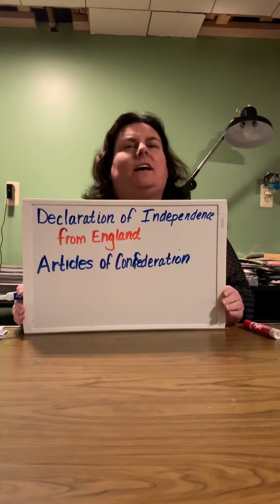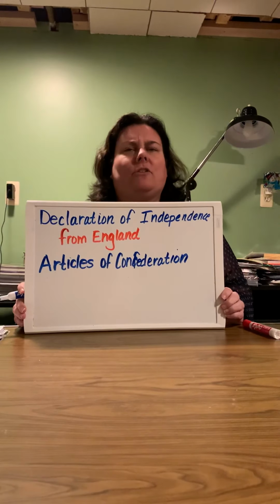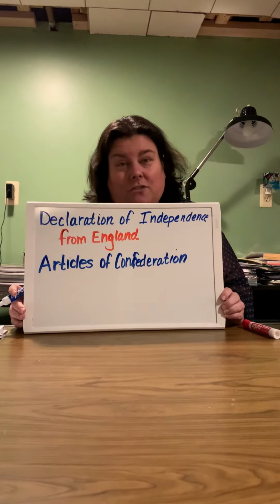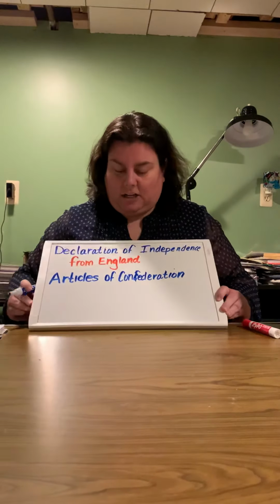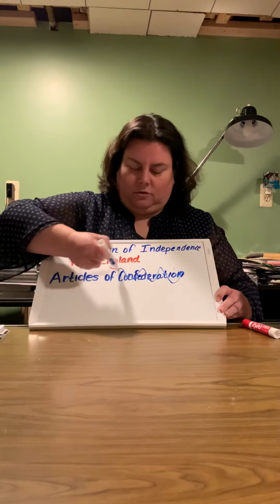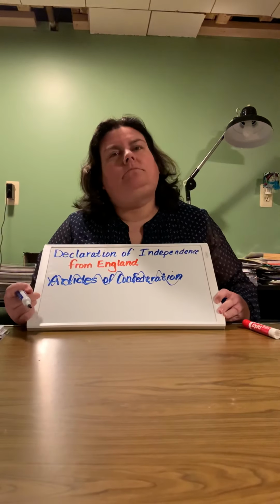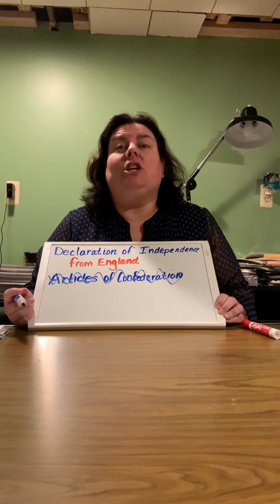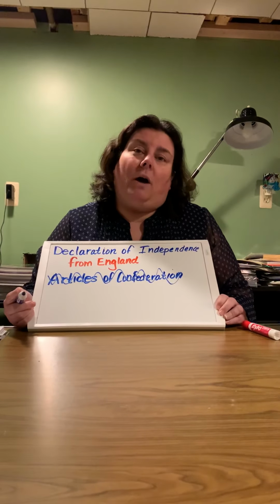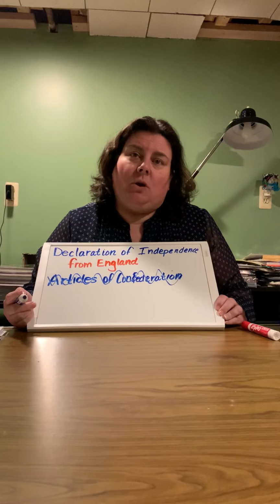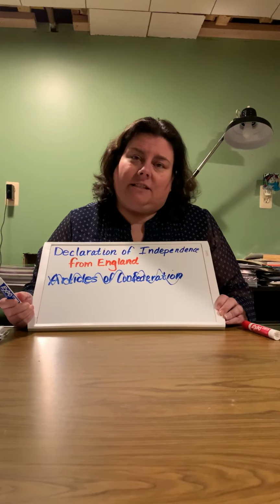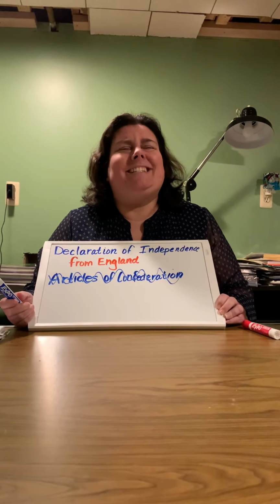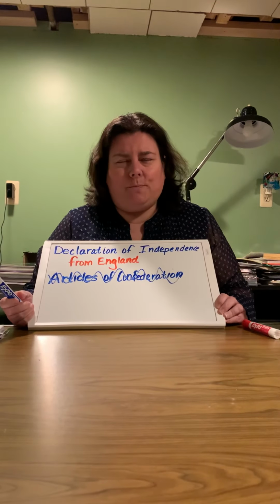You might say to yourself, I don't remember learning about the Articles of Confederation, Mrs. M. That's because they didn't really work for us. We had to go back to the drawing board. So we got rid of them. And we had to sit down and come up with a new form of government, one that would work for us. We knew we wanted certain things. We knew what we didn't want, but we didn't know exactly how it was all going to work out.